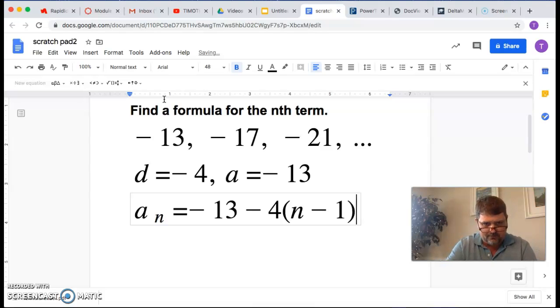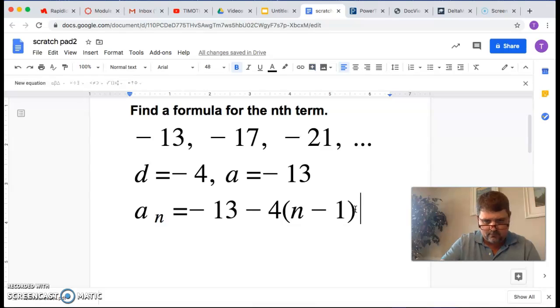And that would simplify. I'm going to copy this. I don't have to go through that drawing again. Come on now. And simplified, that would be